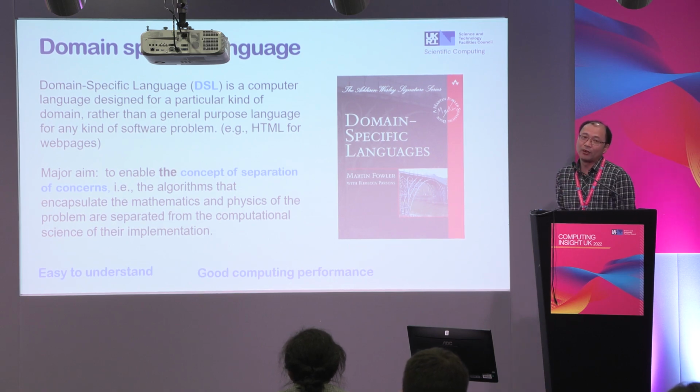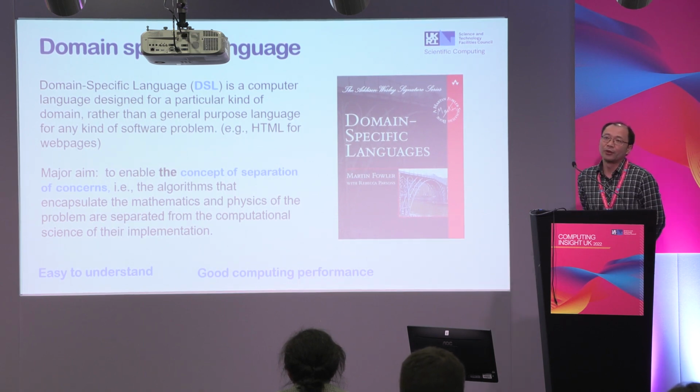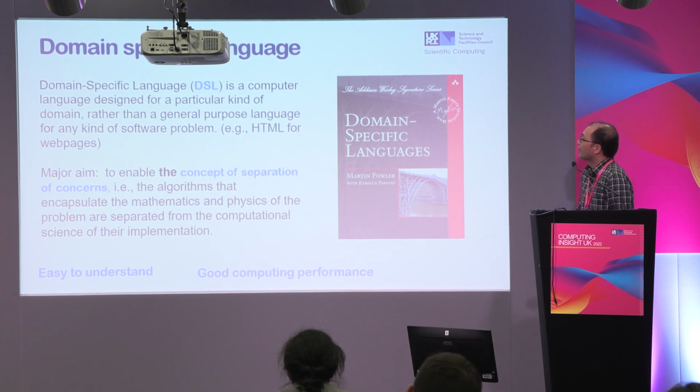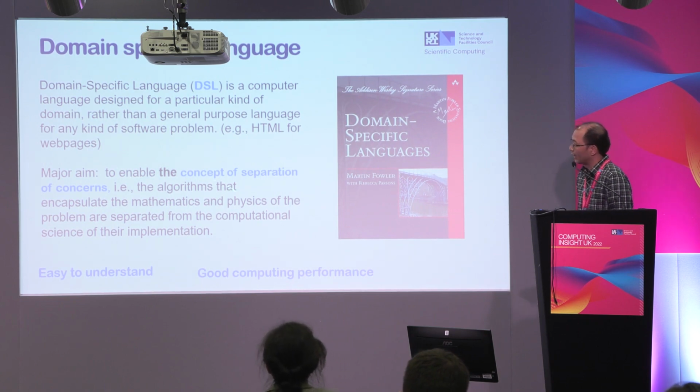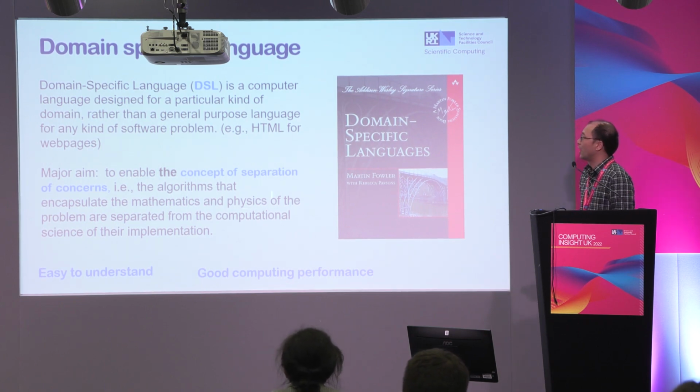So by focusing on one domain or one particular problem area, we could develop very high-level things to cover the details for the implementation. And then developers or users can quickly do the software development for the purpose. For example, the web pages we are browsing every day are built on one kind of domain-specific language, the so-called HTML.